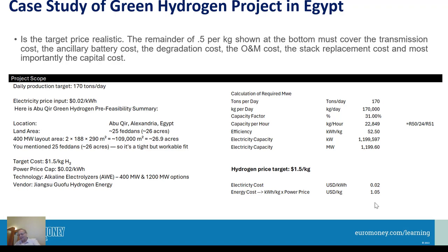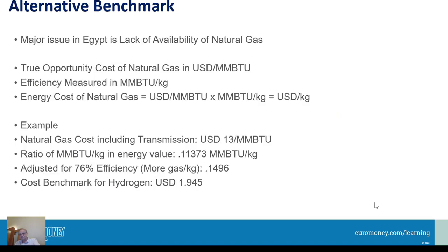So my friend, he said, I've got this Chinese producer who's going to do it. It's kind of cool. The first question I say is, what's the real target? That target, I think, is BS. And I think if you're still producing hydrogen in Europe, with what's happened to the gas prices, the real cost to beat, the real